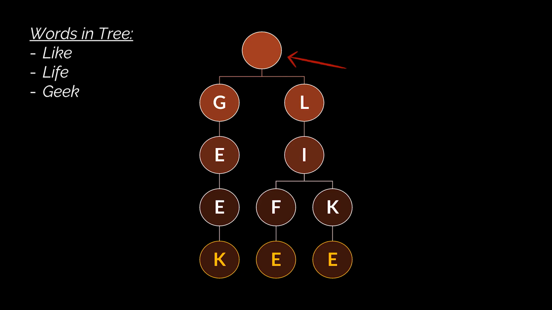Let's see how. To do that, suppose we want to look up in the tree you see the word like. So we start at the root and hop to the node containing the first character in the given word. If the next character is present among the children of the character we are standing at, then we keep iterating, or else we conclude that this word does not exist in our tree.